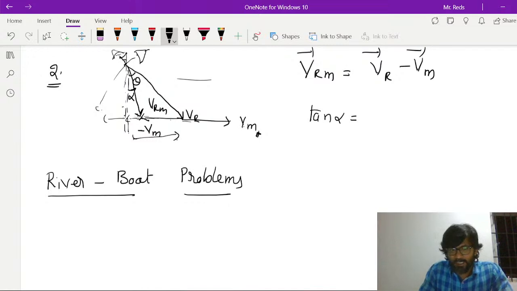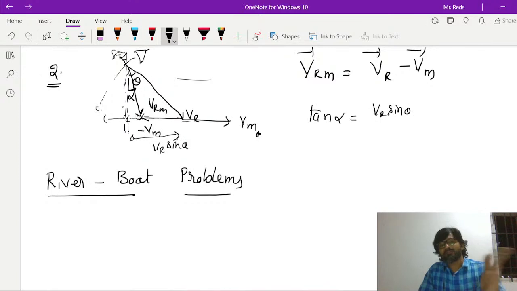So the opposite side will be this minus this, that is, this entire thing is the vertical component of ER, that is VR sin theta. You can call it the X component, Y component also. So if this is the X component of ER and this is the Y component of ER, then you can take VR sin theta as Vx. So VR sin theta minus Vm